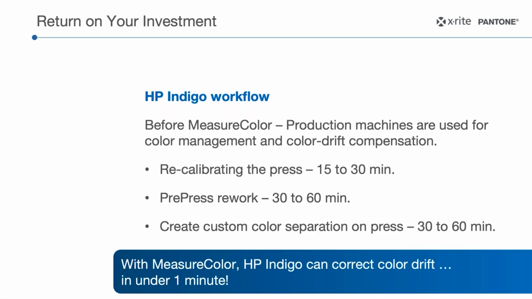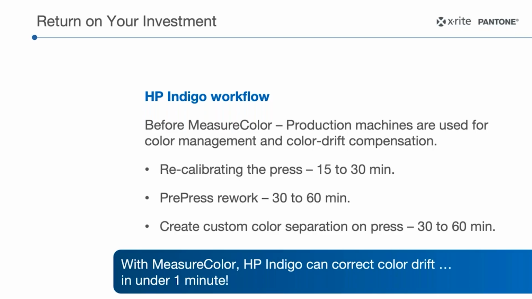Maybe when the color on press is not good, you move back to prepress and say, correct my file, and then I will reprint it again. All of the actions are all possible, no worries there, but it takes a lot of time. Anywhere between 15 minutes and 1 hour to either find your colors or to correct for colors or to compensate